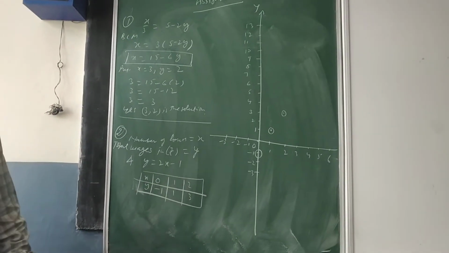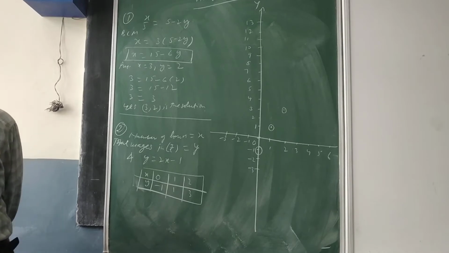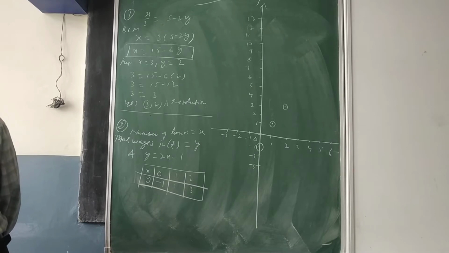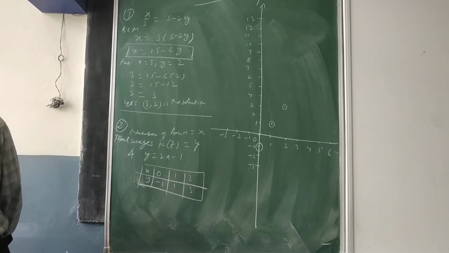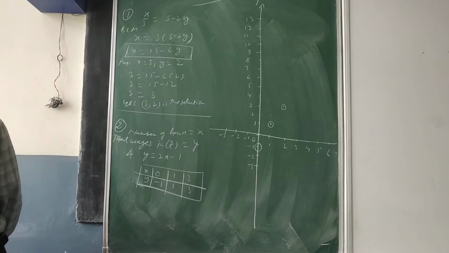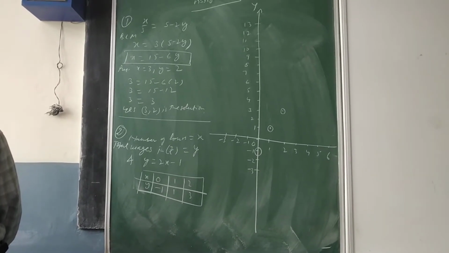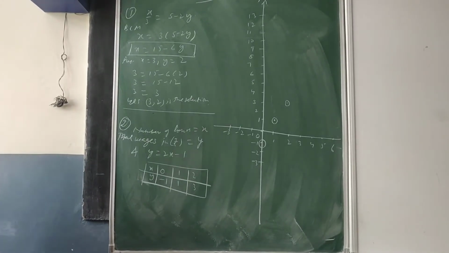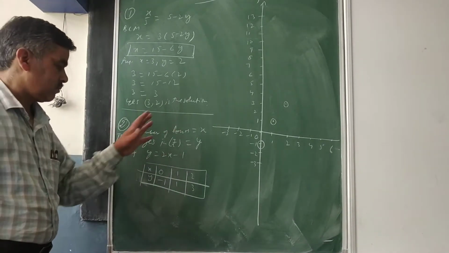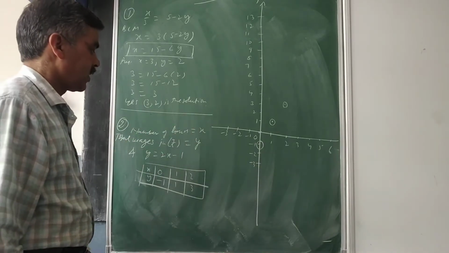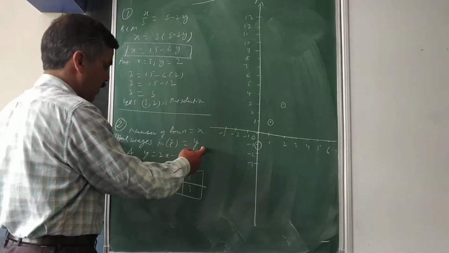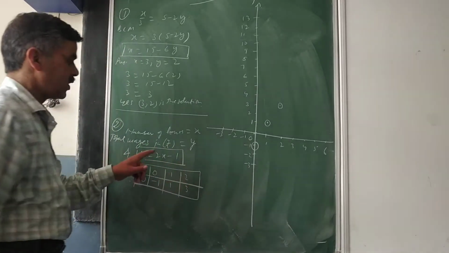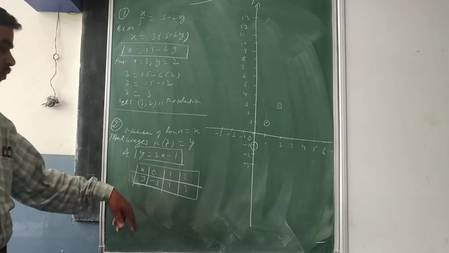Then the second question was a problem sum: the number of hours for which a laborer works is x and y is his wages in rupees, and the equation was given y is equal to 2x minus 1. You need to draw the graph, and from the graph you have to find the wages of the laborer if he works for 6 hours. So here is the situation. Number of hours are x, wages in rupees are y, and this equation is already given, so I will use y is equal to 2x minus 1 first to find the points.